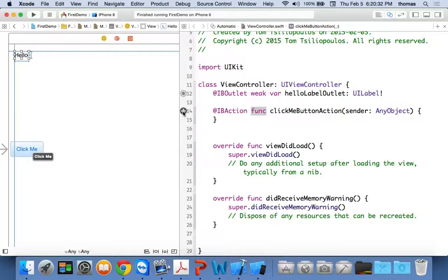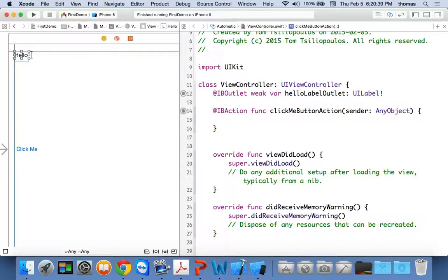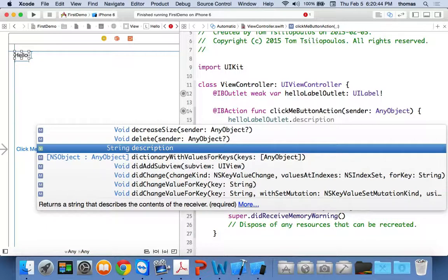So when I click my button, this is my event handler. I'm going to write it. What do I want to do? I want to access the hello label. So here's my hello. I'm going to start typing hello label outlet dot, and I can do a bunch of